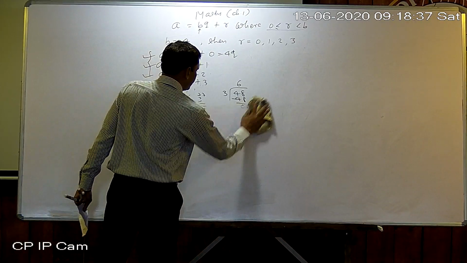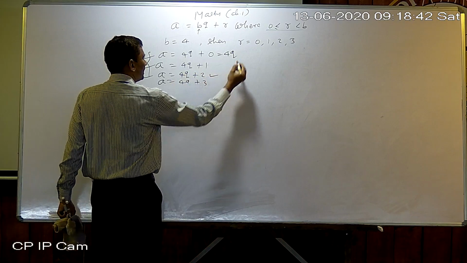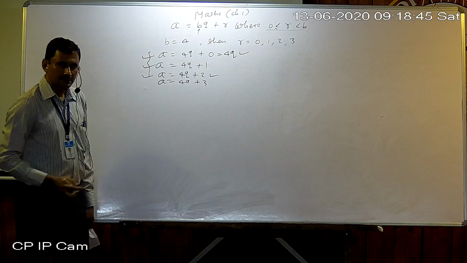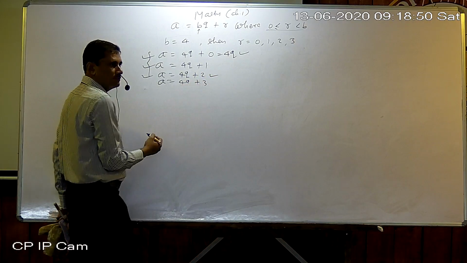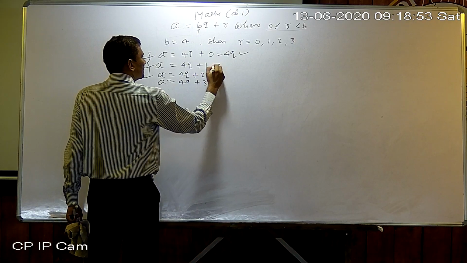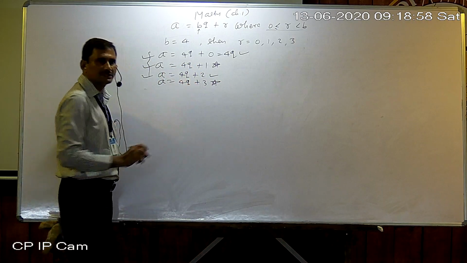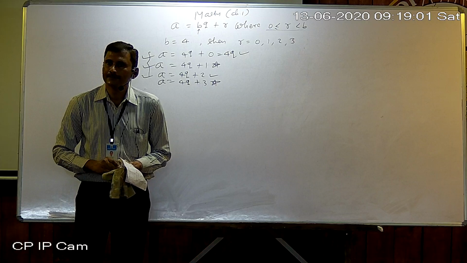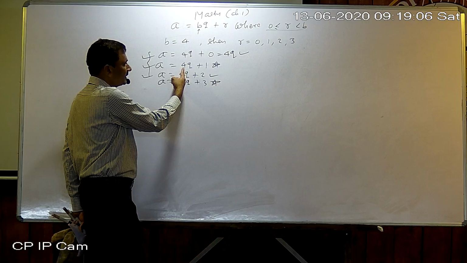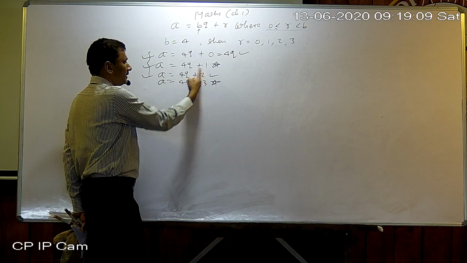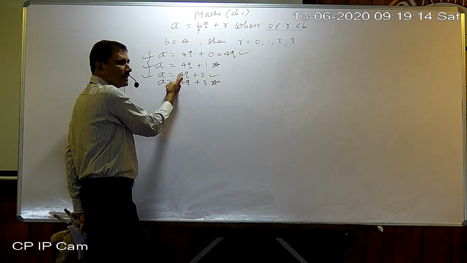Now we start another thing. You can say this number and this number are even. Why? This is divisible by 2, this is also divisible by 2. You can say this one and this one, meaning 4q plus 1 and 4q plus 3, are odd ones. Why? Because they are not divisible by 2. You can check here, 2 is not common, meaning you cannot take 2 as a common. Here also. But from this one you can take 2 as a common.